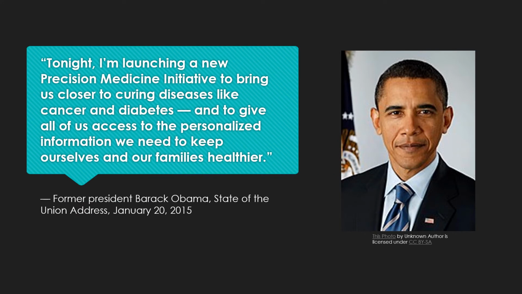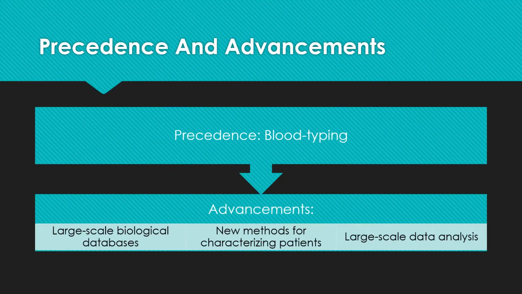The Precision Medicine Initiative was announced by former President Barack Obama at his State of the Union address on January 20th, 2015. The Precision Medicine Initiative was made possible by some precedents, as blood typing is a form of precision medicine, and by various advancements, such as large-scale biological databases, new methods for characterizing patients, and the ability to perform large-scale data